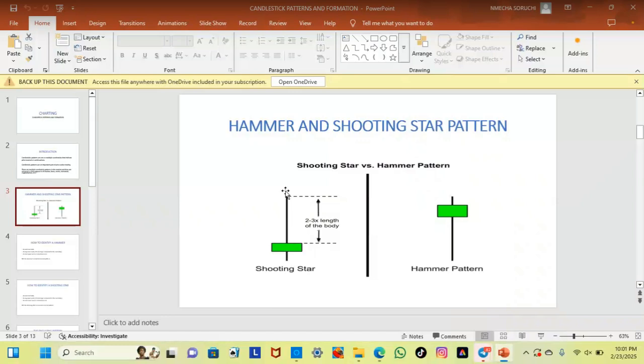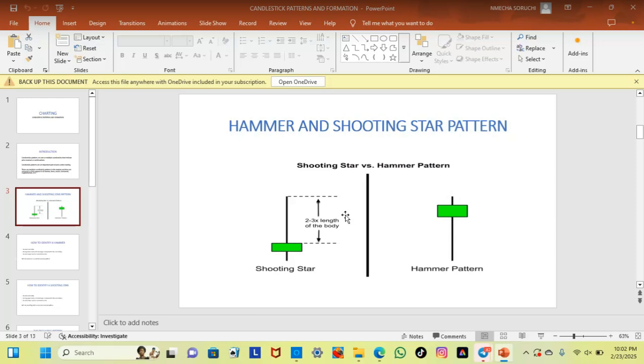So whenever you see a candlestick pattern like this, you know that the market is about to reverse on the bearish side. So it is a bearish reversal pattern, and it is the opposite of the hammer pattern. I hope you are jotting down. The hammer pattern is a bullish reversal, that is, after a downtrend, if you see this candlestick pattern, the market is about to take its shape into a bullish trend.